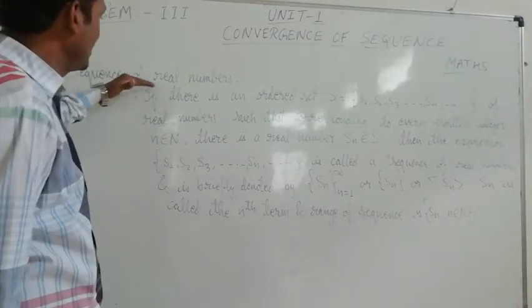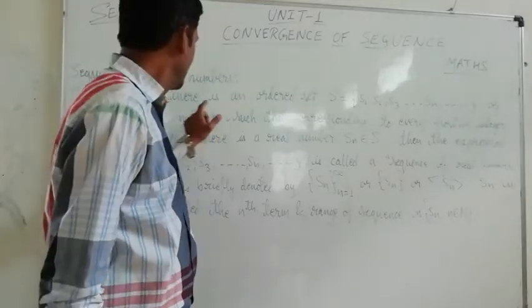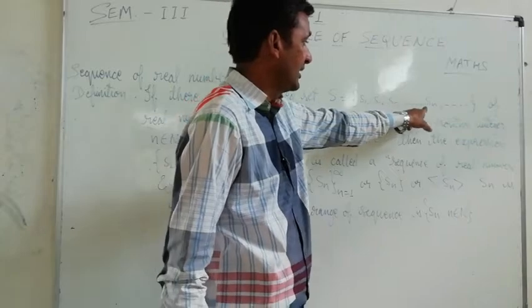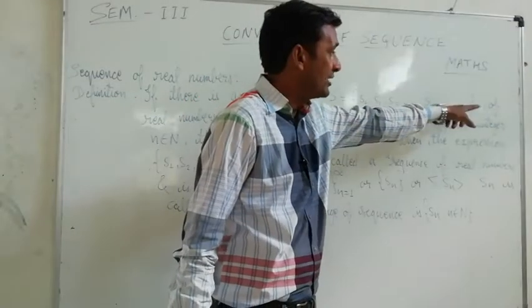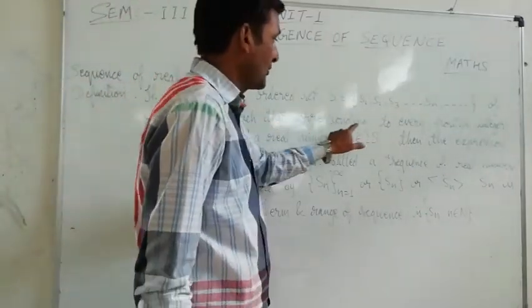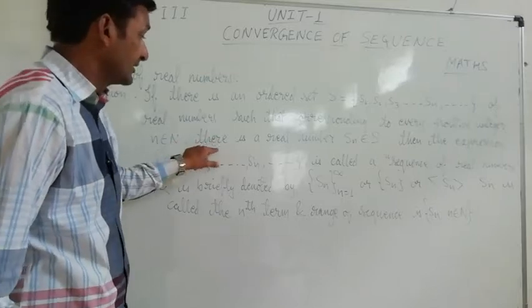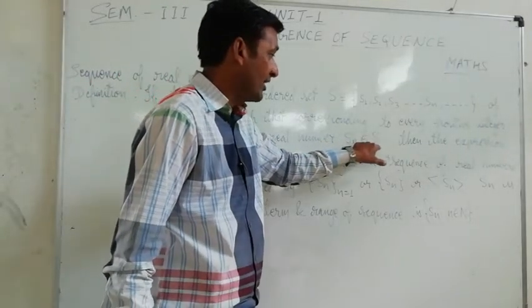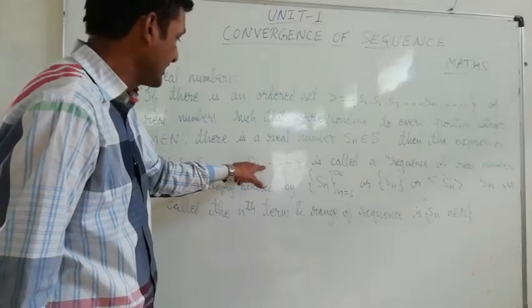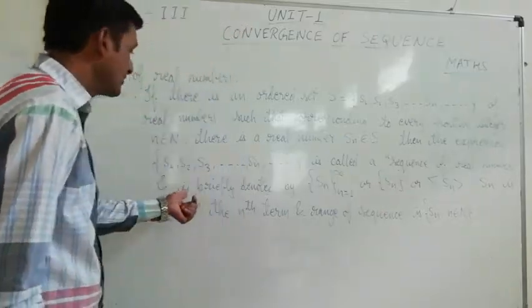Here I am explaining the definition of a sequence of real numbers. Its definition is: if there is an ordered set S = {S1, S2, S3, ..., Sn, ...} of real numbers such that corresponding to every positive integer n, n an element of N, there is a real number Sn an element of S, then the expression {S1, S2, S3, up to Sn and so on} is called a sequence of real numbers and is briefly denoted by